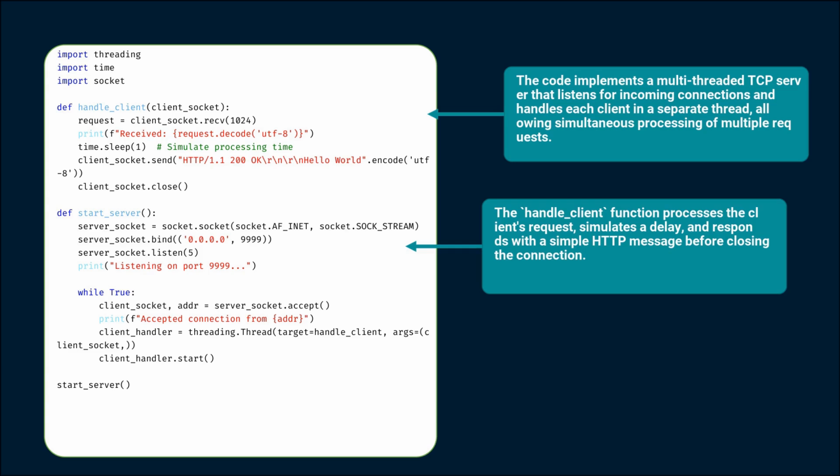Once processing is complete, we send a simple HTTP response back to the client and close the connection. Next, we define the start server function, where the server socket is created and bound to port 9999. The server listens for incoming connections, and when a new client connects, it accepts the connection and launches a new thread, invoking handle client to manage that client's request. This allows our server to handle multiple requests concurrently, significantly enhancing its responsiveness and efficiency. The threading model ensures that each client is processed in parallel, which is vital for maintaining high performance in modern